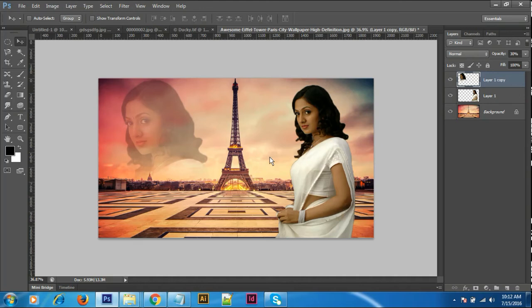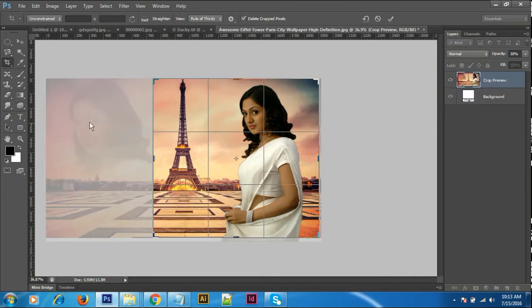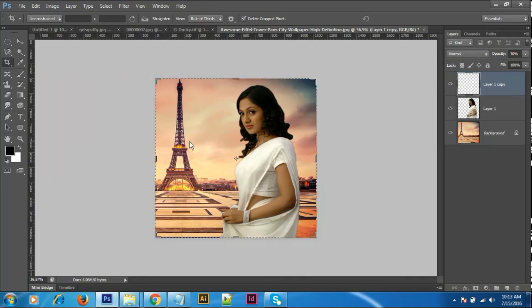And taking the crop tool. What is the crop tool? The most used tool. It is for cutting the picture. Which one is the necessary part, you can select it. You can place it directly. I need only this one, no need to go for this one. Like this, we can select and adjust, and just double click on the document. Directly, we can decrease the document. We can cut the document, which one is necessary and which one is unnecessary. And we have one more thing.